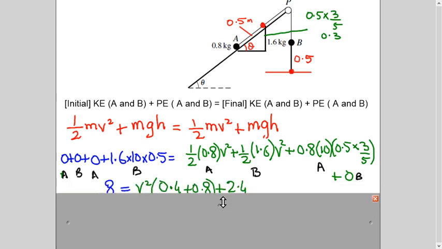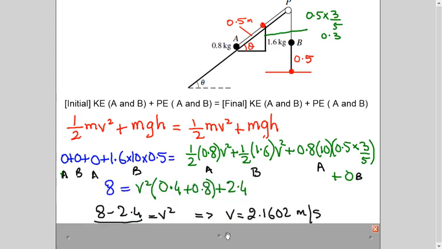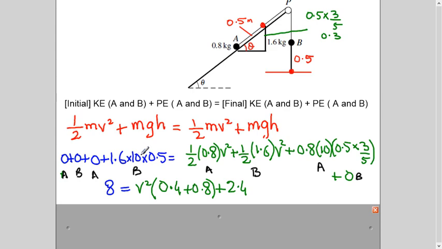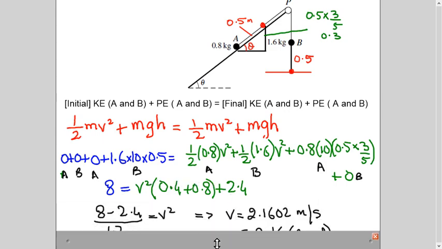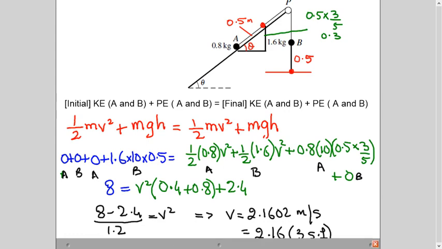Now, ground doesn't mean it is reaching the ground. I'm talking with respect to the reference point. After that, I'm simply doing the calculation. Here, both these values have v square common. So I have taken the common value out and put a bracket around it. And then I'm simply calculating it. And now this gives me a v value of 2.1602. We write values in 3 significant figures according to the requirement of the paper. So it is 2.16. I hope it made sense to you.